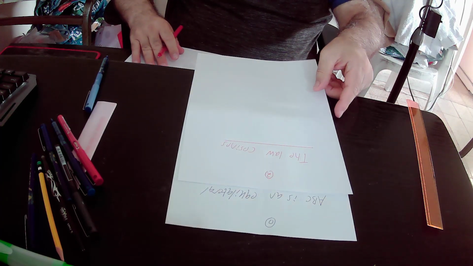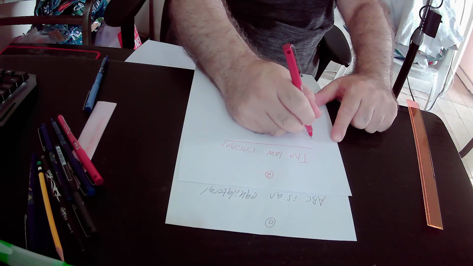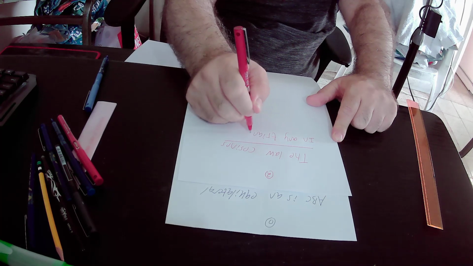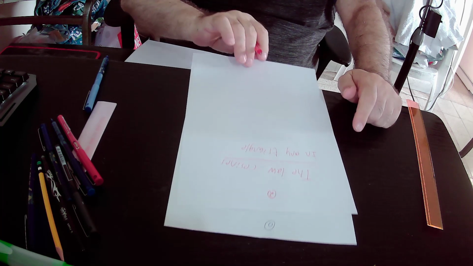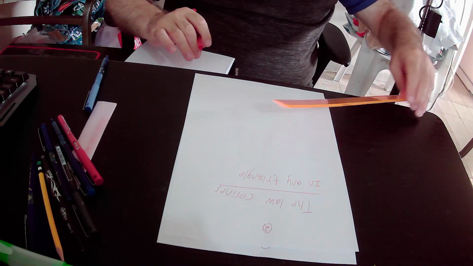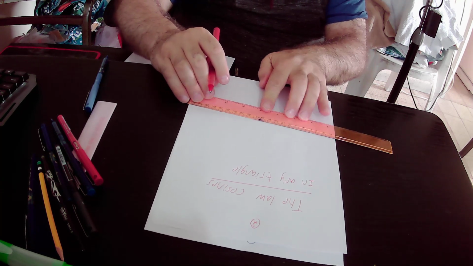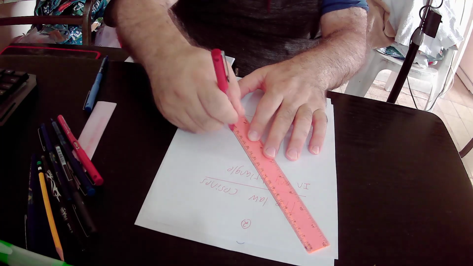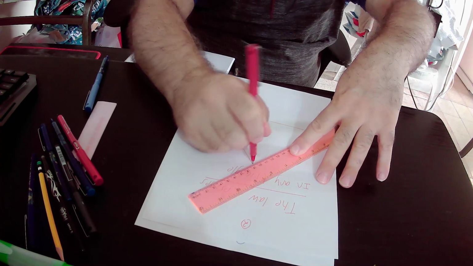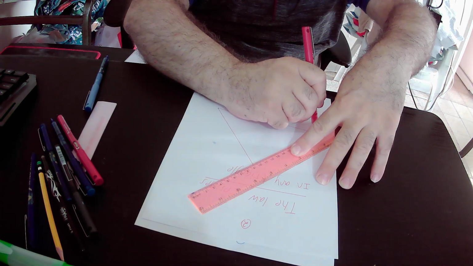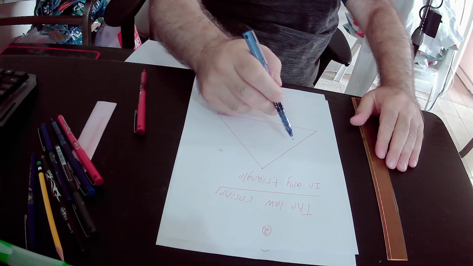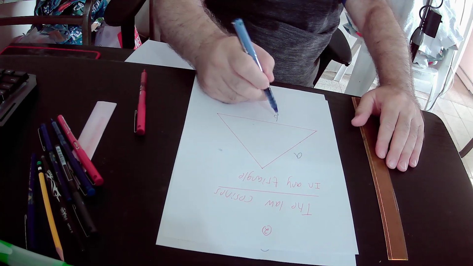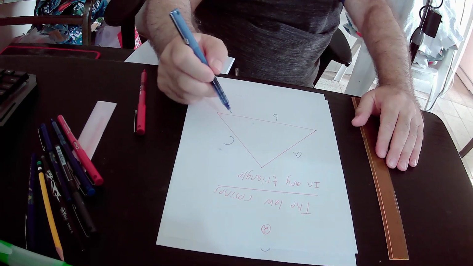The law of cosines states that in any triangle, if this side of the triangle is A, this side is B, and this side of the triangle is C, then